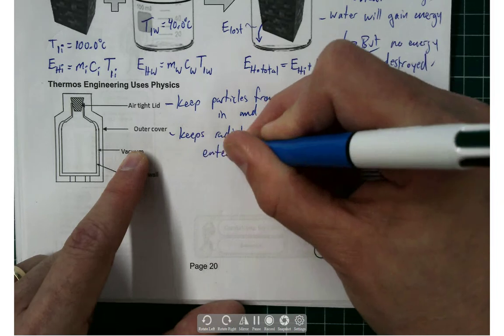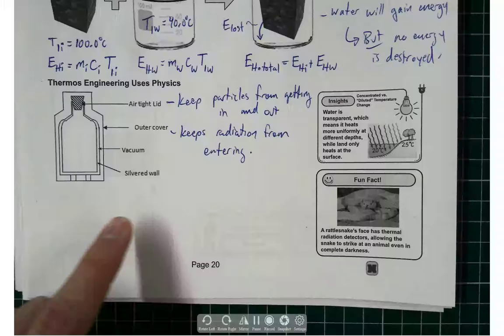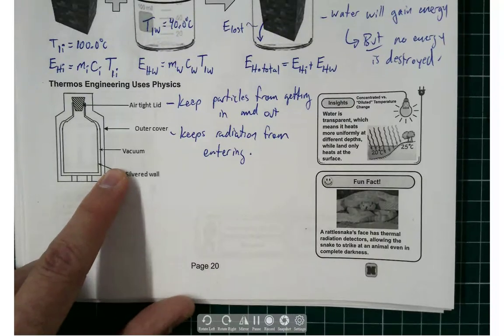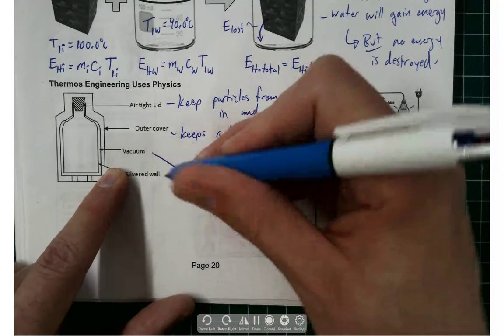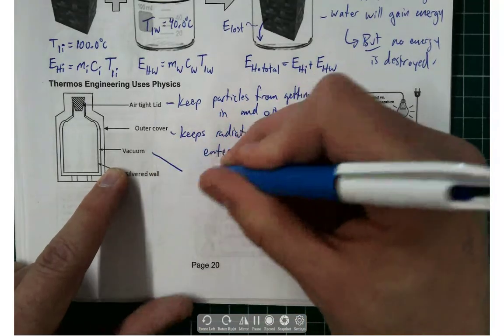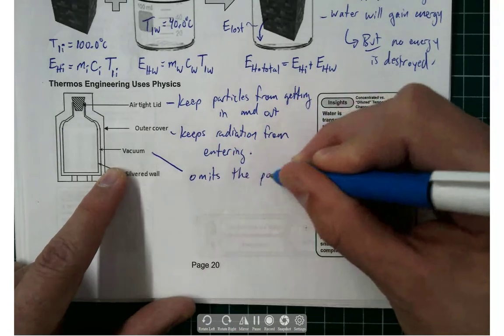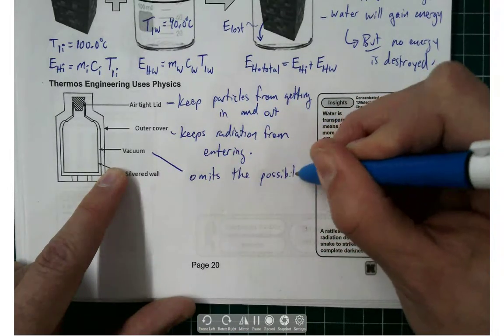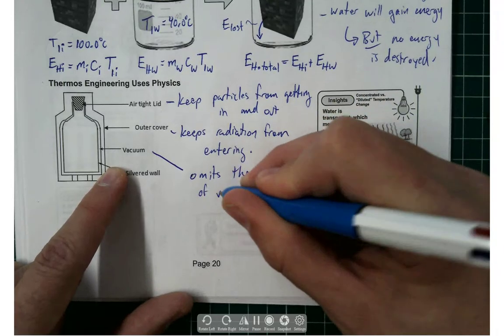And when I say radiation, we could be talking about like solar radiation. A good thermos has a vacuum layer in between the outer layers, and that omits the possibility of vibration energy